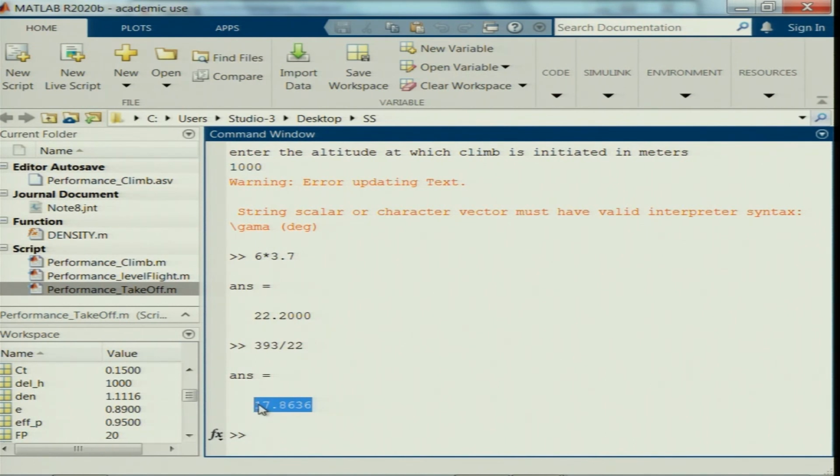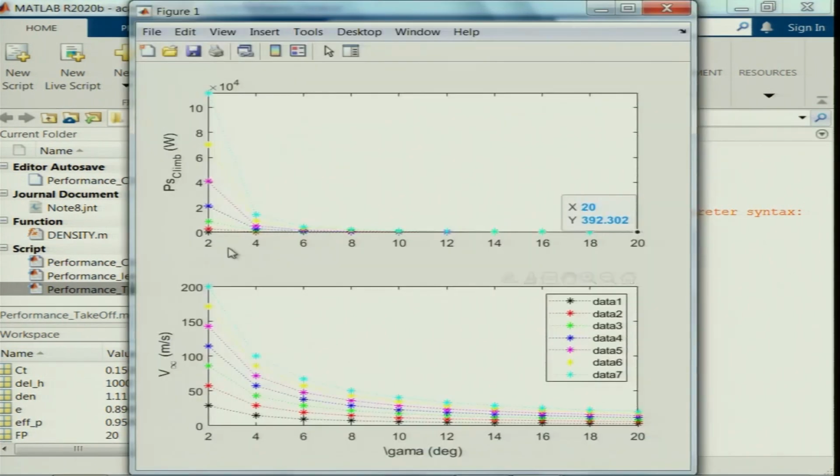So, the motor draws 18 amperes, again you have to divide it by the efficiency factor, so that you will get to know what should be the battery capacity. From there, how much time you require, you know what is delta t. So, multiplying that with delta t, you know the battery weight required for that particular flight envelope. Okay. So, hope you will extend this program with the other variables as well, like how the drag is varying and how the CL is varying, right, with gamma and for different climb rates here, right.